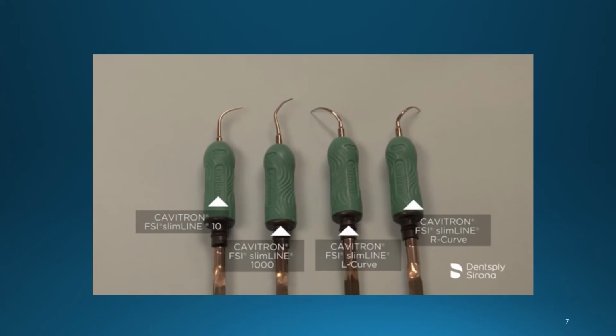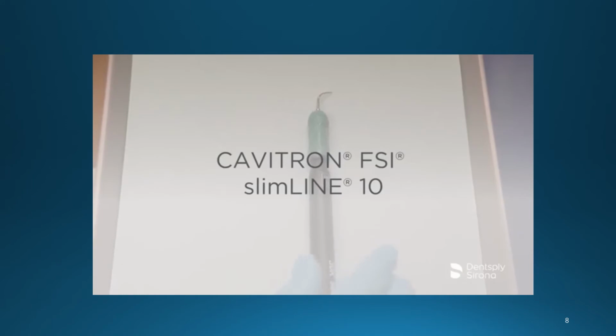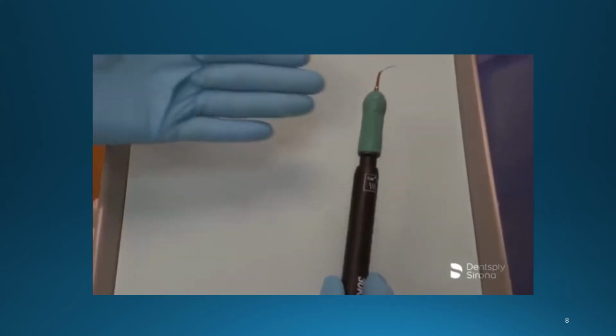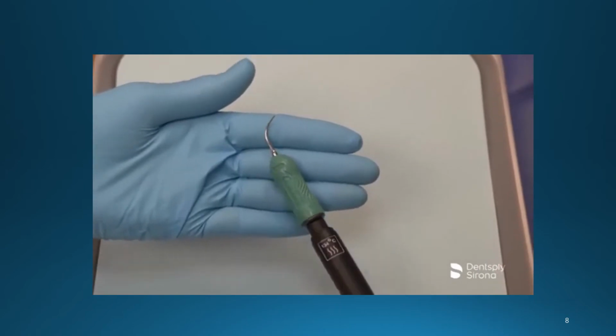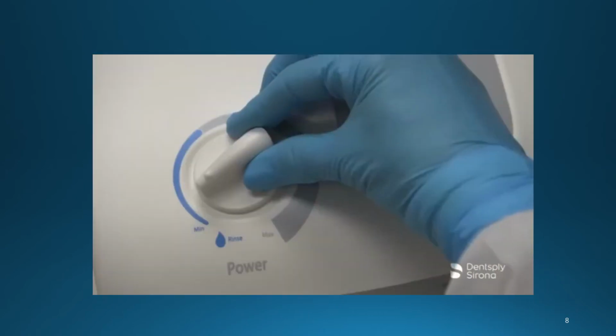The Slimline series are designed to be utilized for patients that present light to moderate calculus and tissue topography and/or pocket depth which call for a slimmer diameter insert for access. This is the Cavitron FSI Slimline 10. It is designed for removal of light to moderate calculus and deplaquing and should be used at low to medium